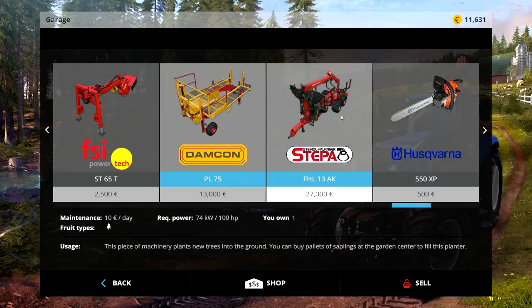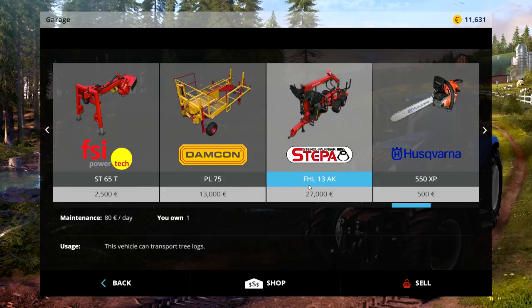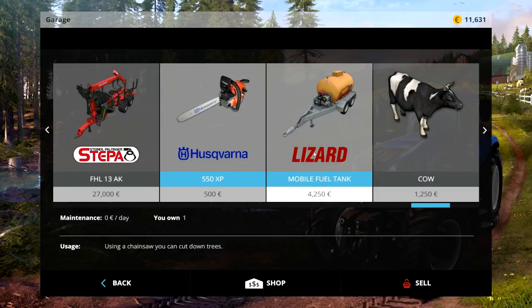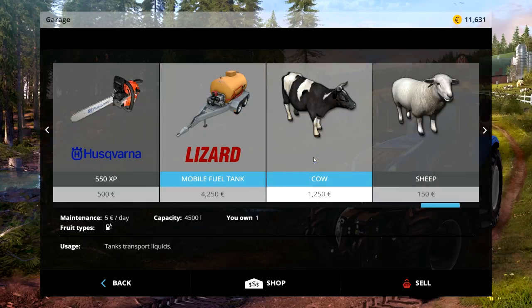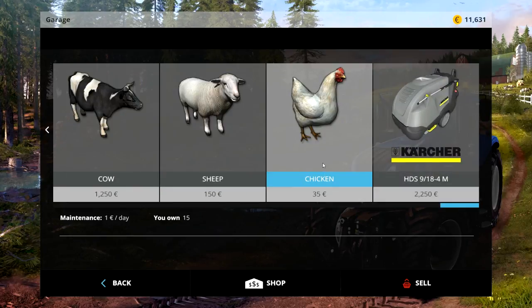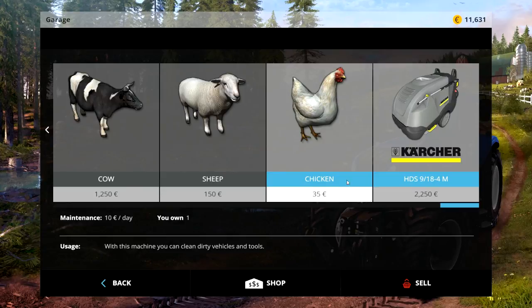This is getting to be overkill at this point. A Steppe FHL 13AK wood trailer, a Husqvarna 550 XP chainsaw, which, to be fair, it being Norway, in Northern Europe, Husqvarna is a Northern European brand. It's also quite commonly seen around where I live in Ireland, but hey, you're best off having Husqvarna in Norway. A Lizard mobile fuel tank, 15 cows, 20 sheep, 15 chickens, and a Karcher HDS 918-4M